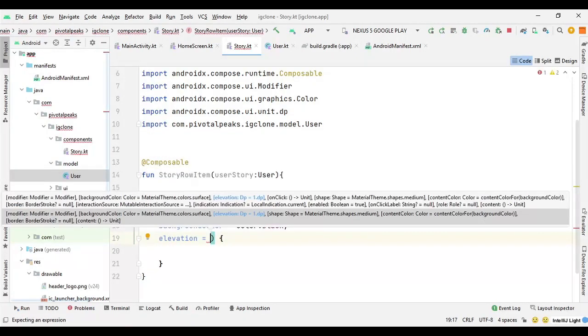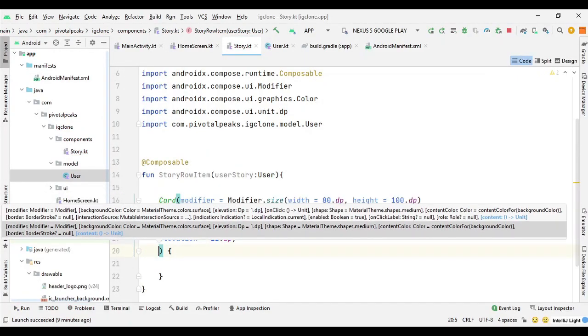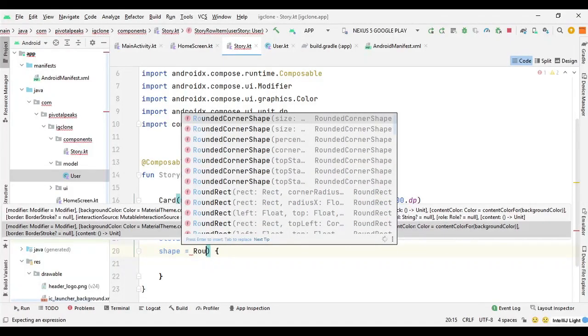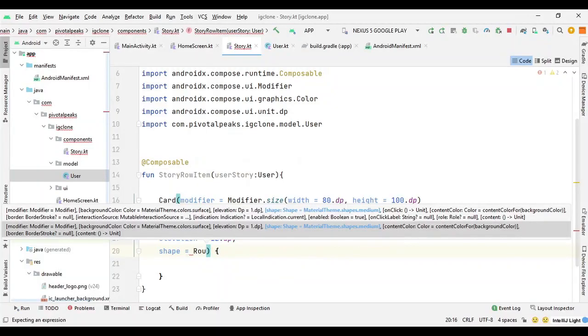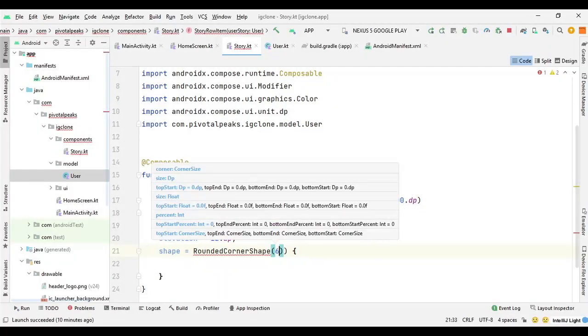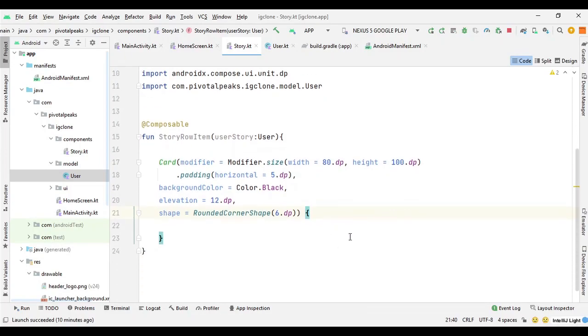So for elevation I'm going with 12.dp, and we can also give it a shape, although we won't be able to see it because everything is black. So it will be invisible, but still we can give it a shape in case we want to go from dark to light theme. In that case we can set it to RoundedCornerShape, and give it a size of 6.dp.